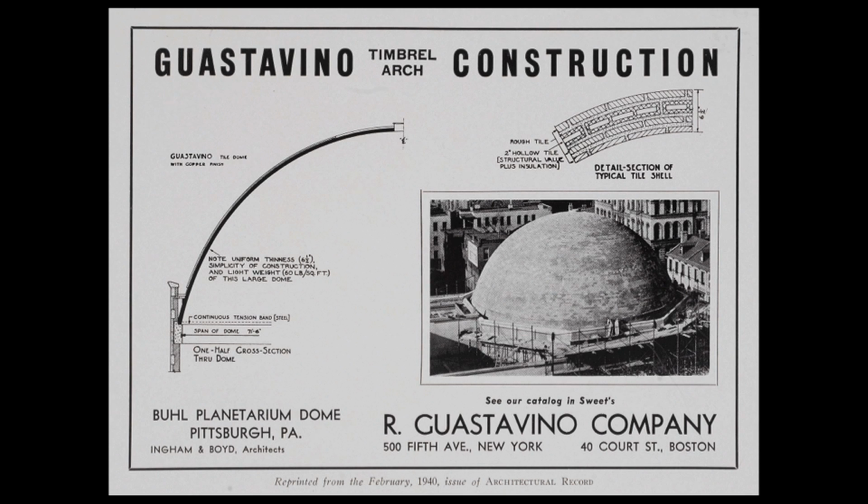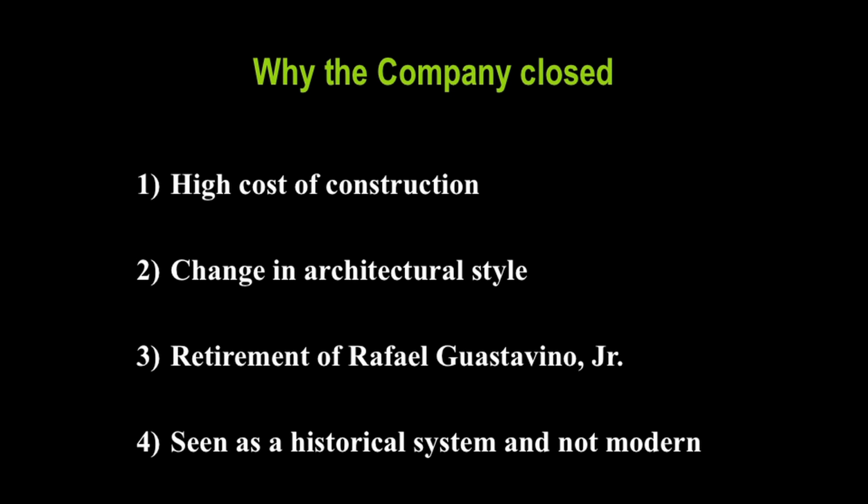concrete builders who were learning how to make shells in reinforced concrete. They were building planetaria, and I found in my research that the Guastavino vaults were often less expensive than the concrete shells, but architects into the 30s and 40s liked the idea of modern materials like steel and concrete and not brick, and so even though the Guastavino vaults were faster to build and less expensive, they were sometimes beaten out by concrete. So eventually the company closed as the cost of labor went up,